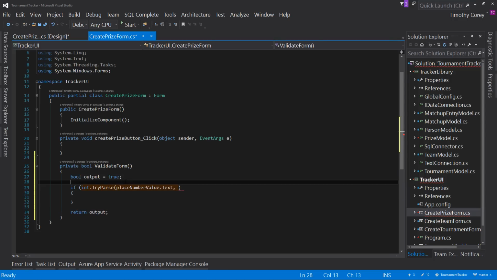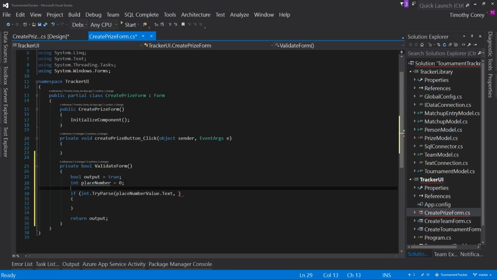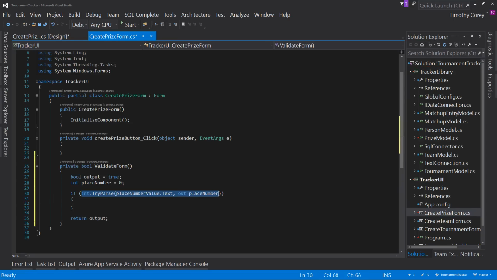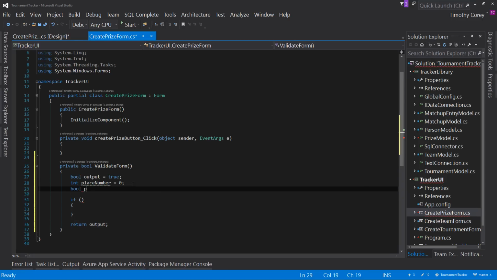So we have to create an int variable here. Let's call it int placeNumber equals 0. And then we'll say right here, out placeNumber. Now what this does, let's actually break this down into 2 lines, just to make it a little clearer. Control X and cut that. Bool placeNumberValidNumber equals